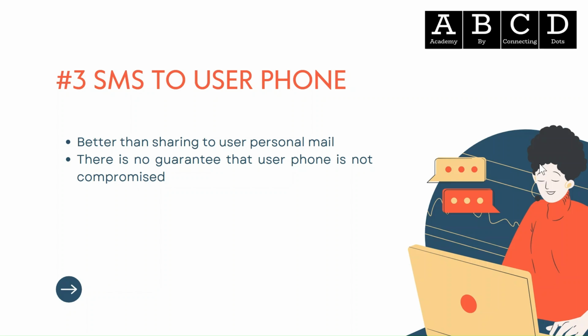So if you want to notify only the user, instead of the user's personal email, it's better to go with the user's personal phone. As a text message, you can notify the end user. This is better, I would say, compared to the email. But even here there is no guarantee that the user's phone is not compromised. We do not know that. But phone is